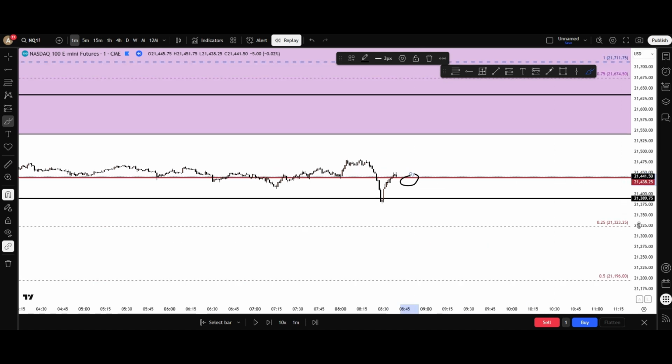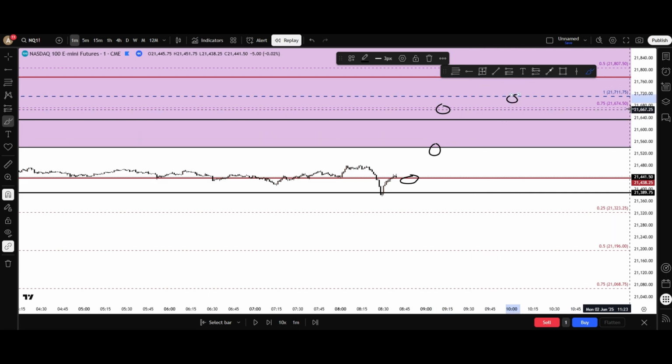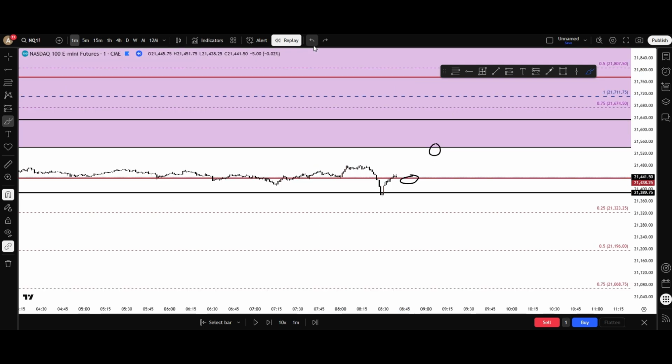a level like this holds, where is it going to go? If this holds, where is it going to go? We know it's going to go to here. If this monthly holds, we'll be looking to get up to here, just stuff like that. So